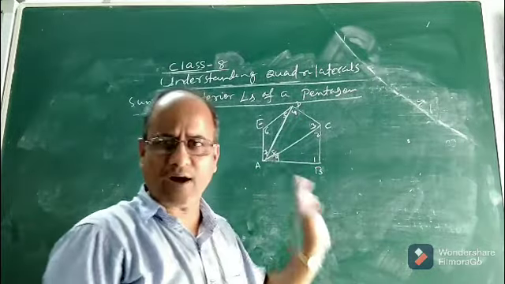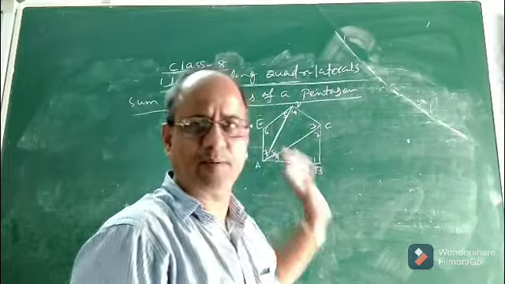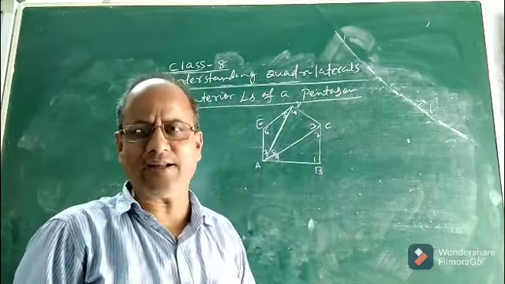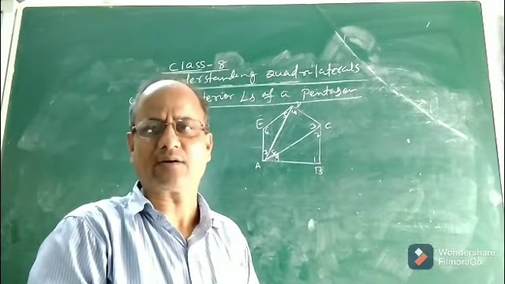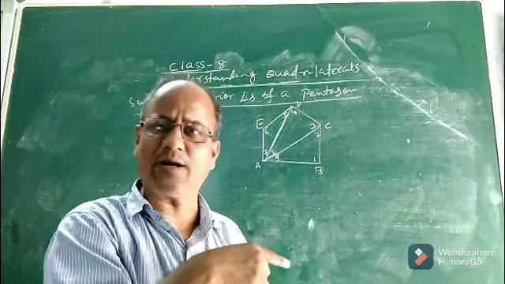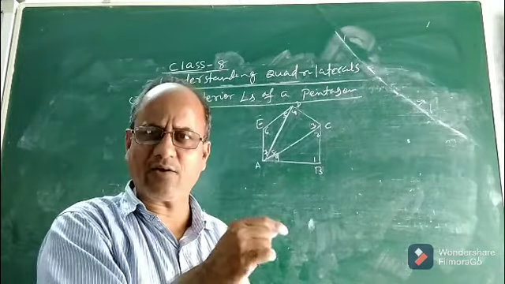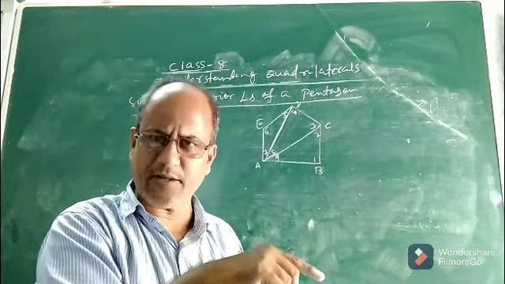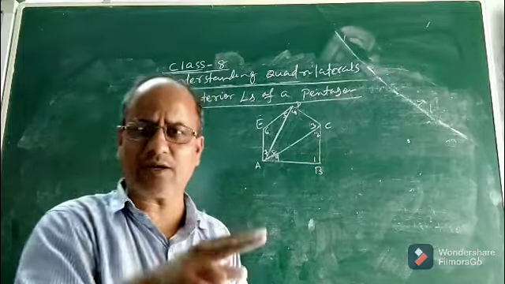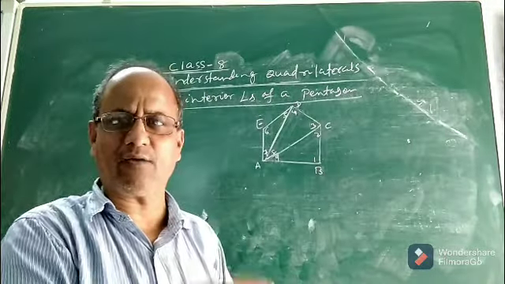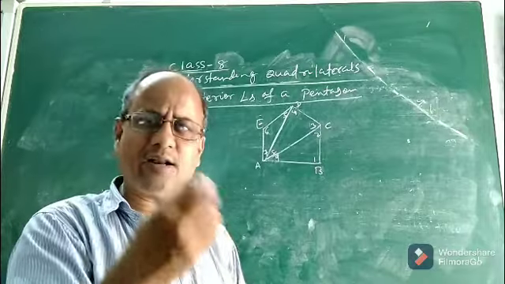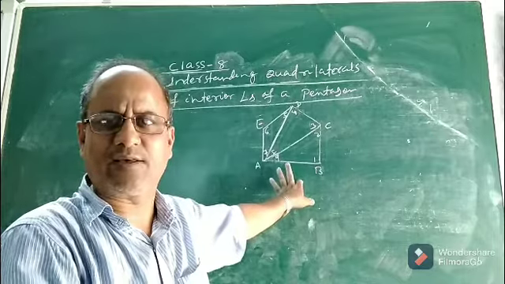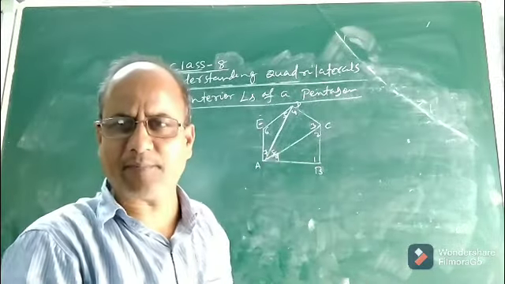Now in order to find the sum of interior angles of this pentagon, just recall what we discussed while finding the sum of interior angles of a quadrilateral. There I had said you join one diagonal. Why? Because if you join one diagonal, the quadrilateral will be divided into 2 triangles, and there you will apply the angle sum property. On applying the angle sum property of triangle, we can easily find the sum of interior angles of a quadrilateral. Now the same thing is here also. We are going to apply the same thing to find the sum of interior angles of a pentagon.